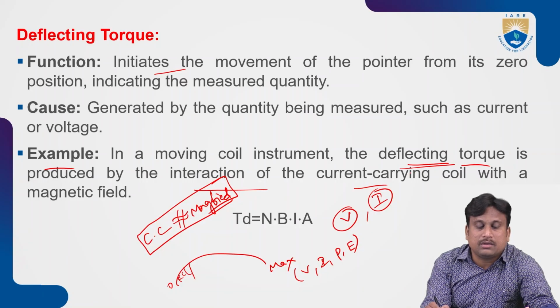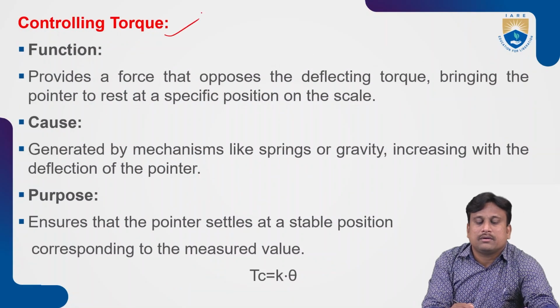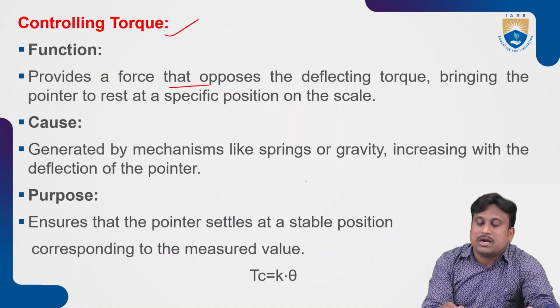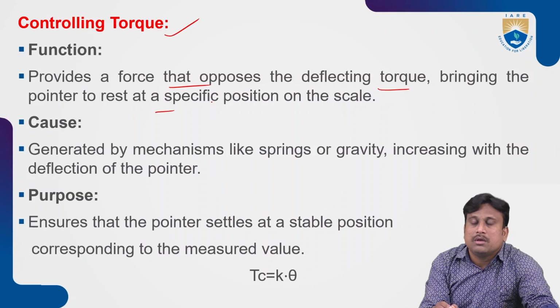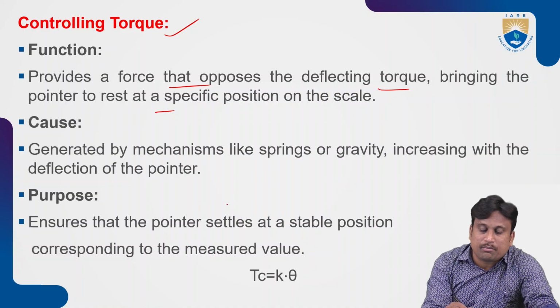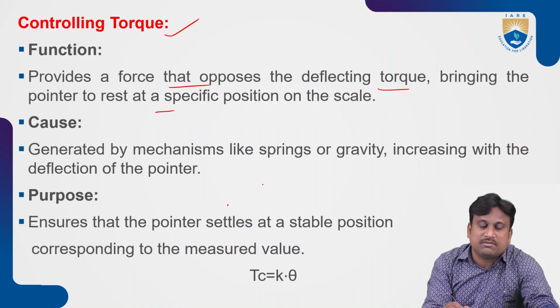So this is to be associated with the parameter known as deflecting torque. Controlling torque: what is the functionality of controlling torque? It provides a force that opposes the deflecting torque and brings the pointer to rest at the required position on the scale. That means once the pointer moves over the scale, it has to settle at a required location. This is followed by controlling torque, which will settle the pointer at the required location